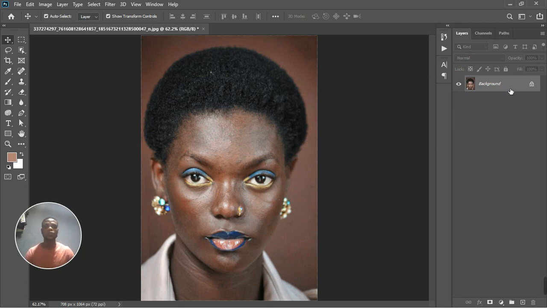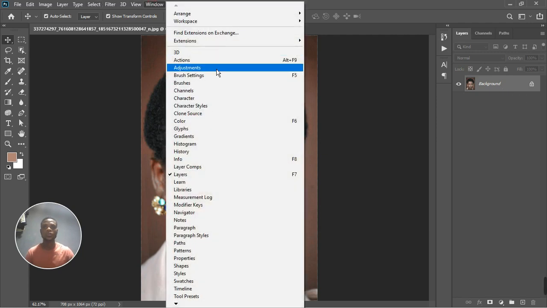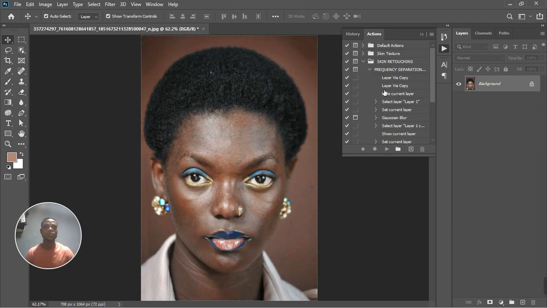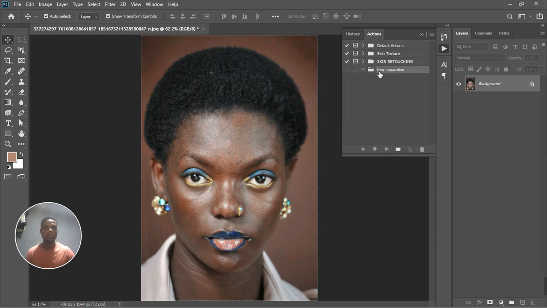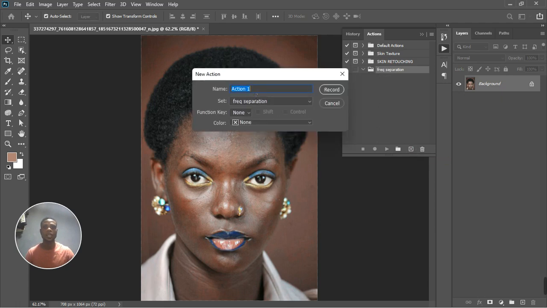First of all, don't make permanent changes. So the next thing we're going to do, go to Windows, Actions. If you cannot see actions, you can create a new folder for it and type frequency separation, because you want to create frequency separation, and then a folder will be created and opened. So look at this plus icon and click on it, and it says action 1 set. You can name the actions